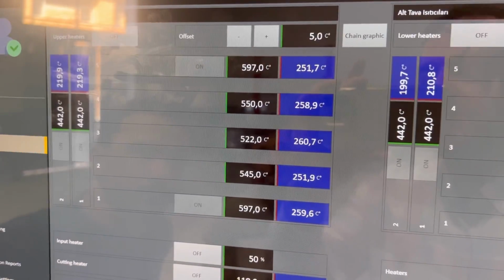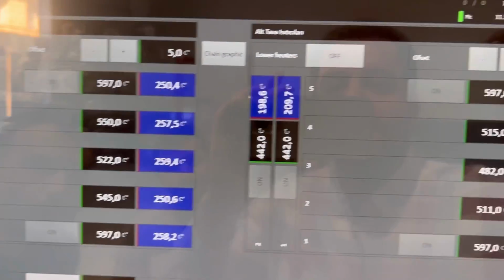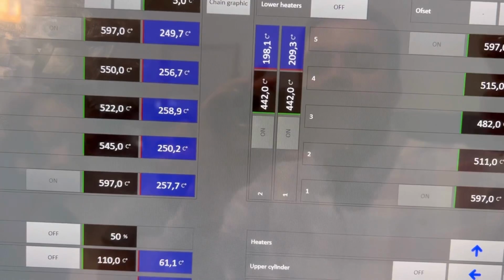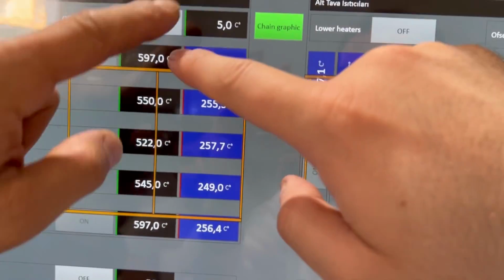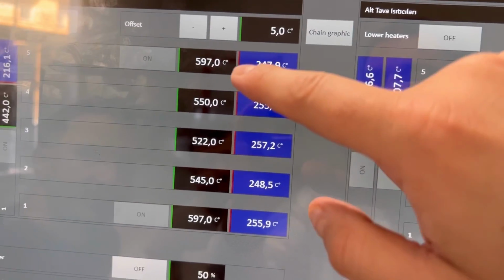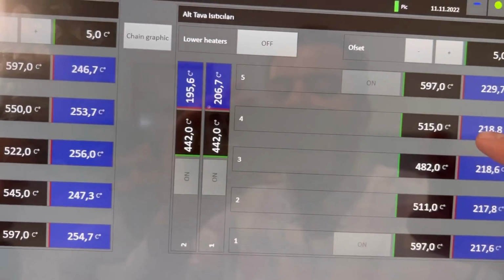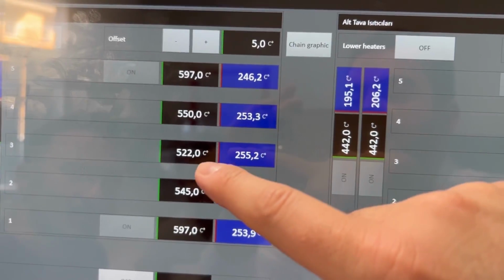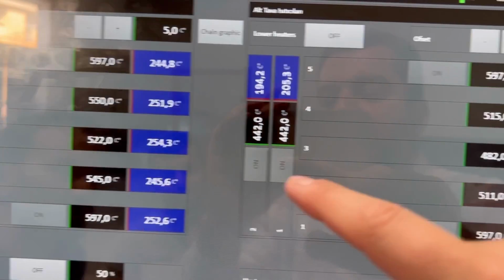So if you notice here, we are giving, for example, 597 here, and we are giving here, these are out. So this is 500, these are off. 550, we have 515 here. We have here 522, we have 482. We have 545, we have